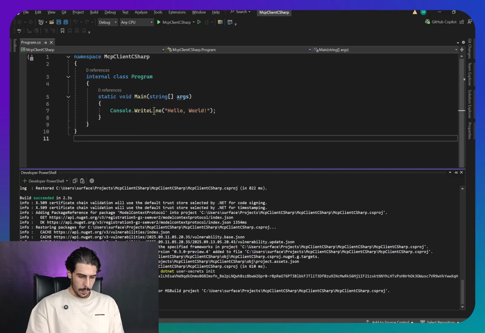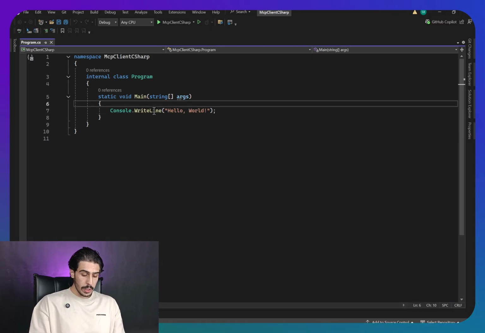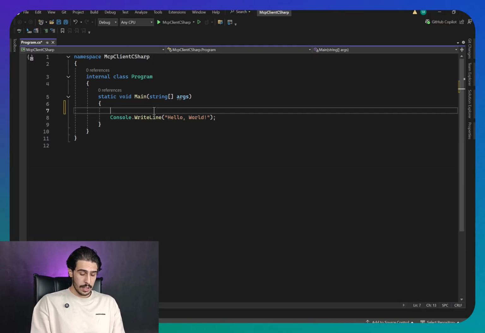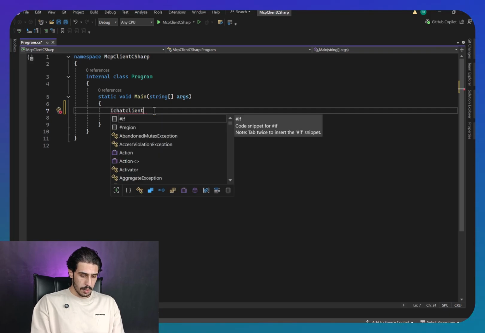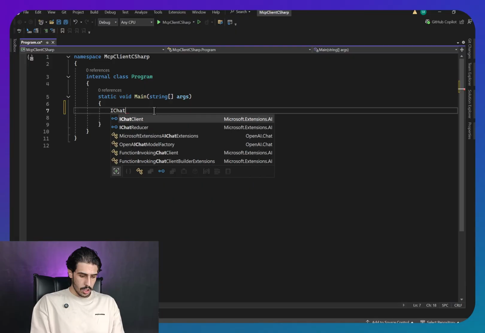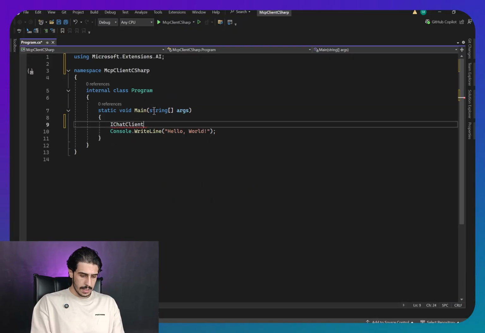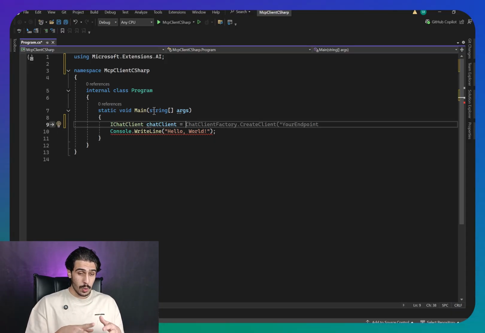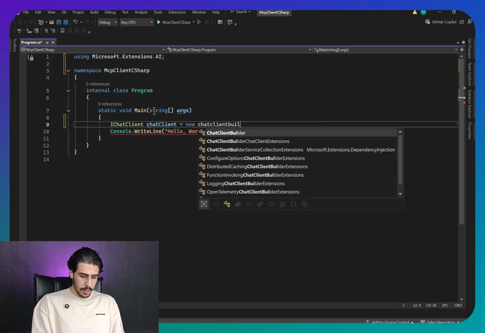Okay. So now, first of all, we need the chat client here. So I'm going to say IChatClient. It's from Microsoft.Extensions.AI. Yes, IChatClient. Actually, this is a very useful interface when working with AI in C#. In different videos we have talked about it and used it in different ways. It's actually really good. So I'm going to say new ChatClientBuilder,